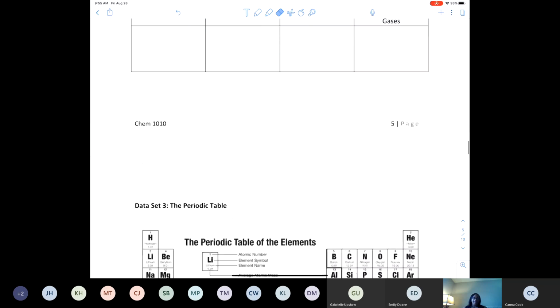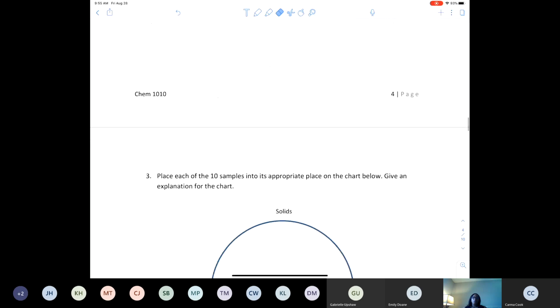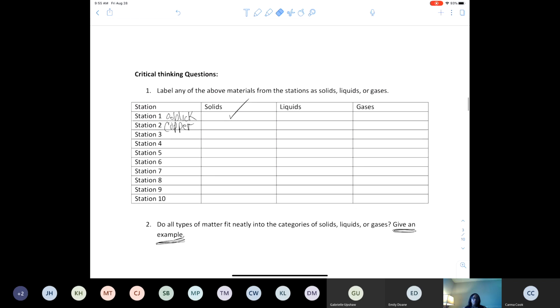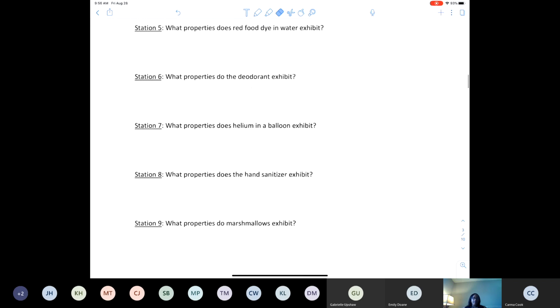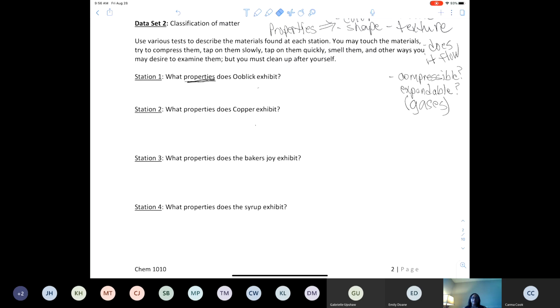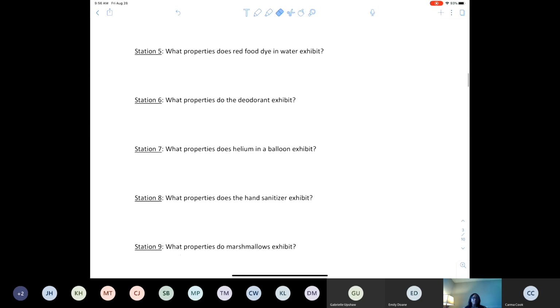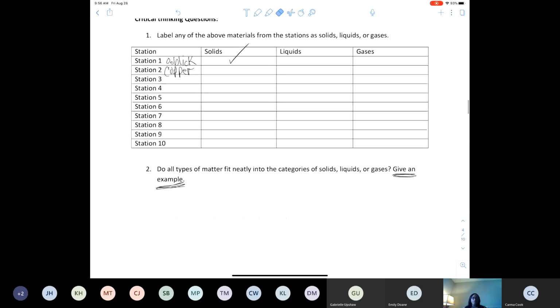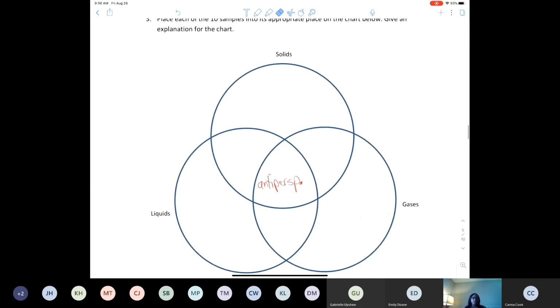Okay, so go ahead and go to your own device, watch the videos. There are 3 of them for data set 2. Watch all 3 videos in sequence, part A, part B, and then part C. And as you're watching your video, go ahead and answer the properties questions for each product. Then after you finish watching the video, go to your individual group room and answer critical thinking questions 1, 2,